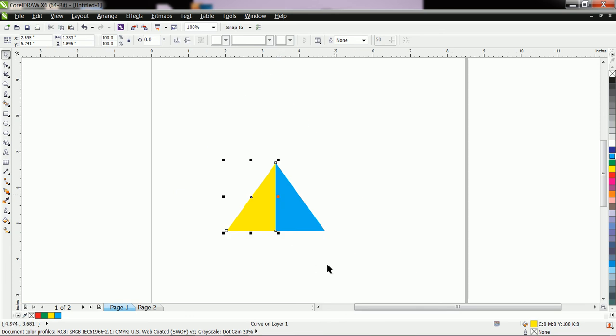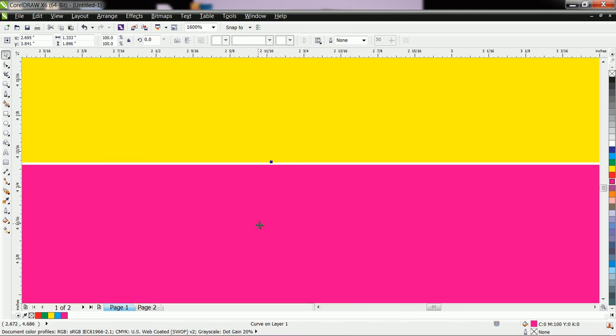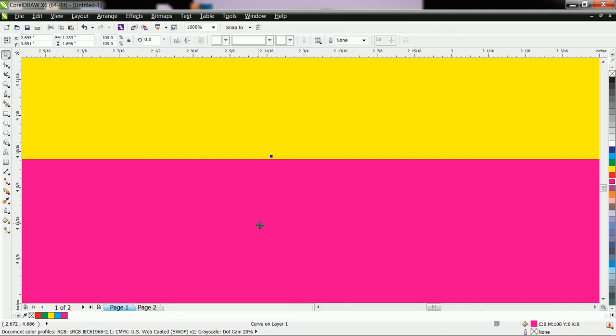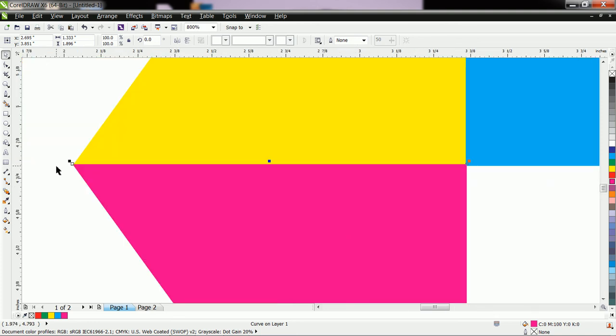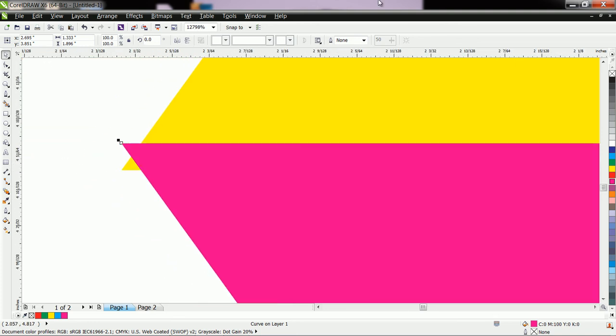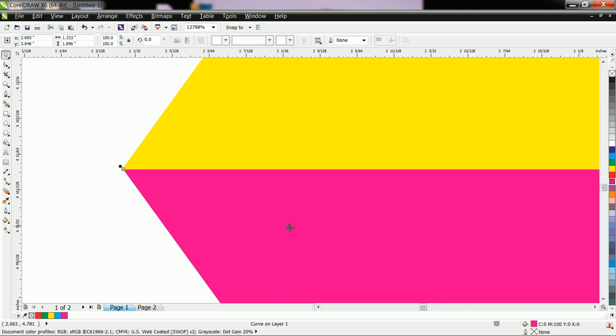Okay, now again copy paste this object and let us take vertical mirror to change the color. You can take it vertically. With the help of arrow key the position of object never moves, therefore it will help to adjust the object accurately. Now let us zoom here. There should be no gap. You can also check here, accurately place the object.